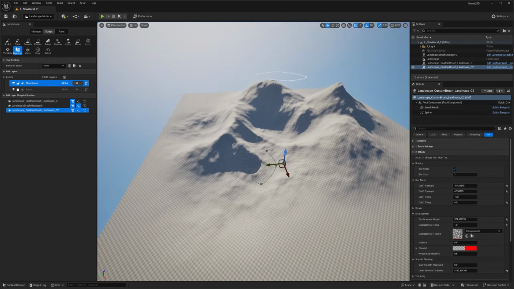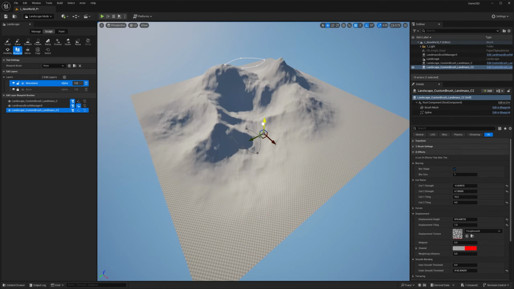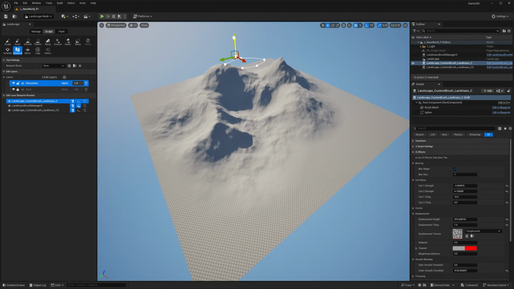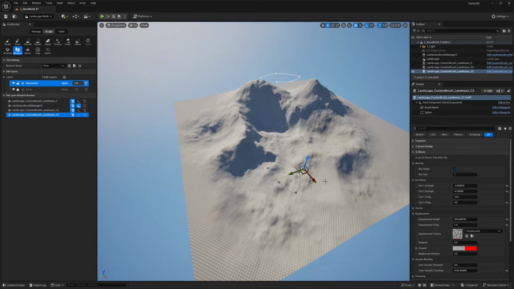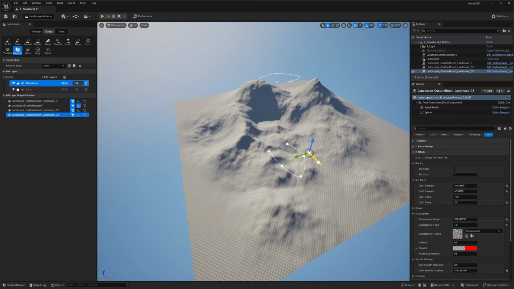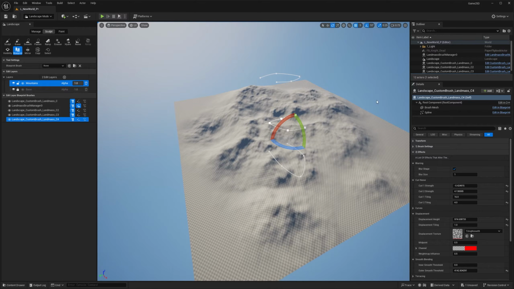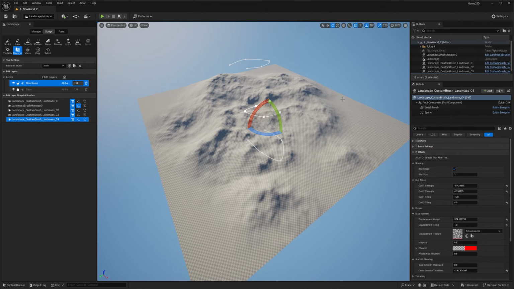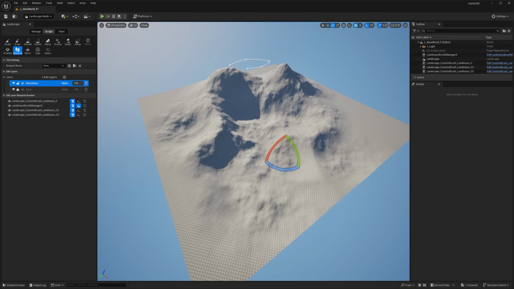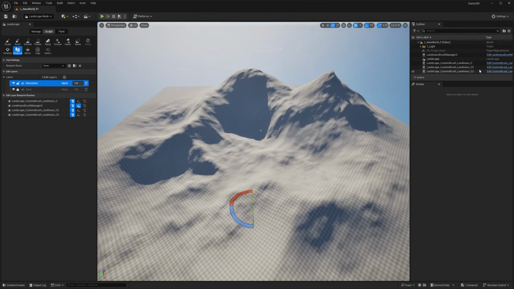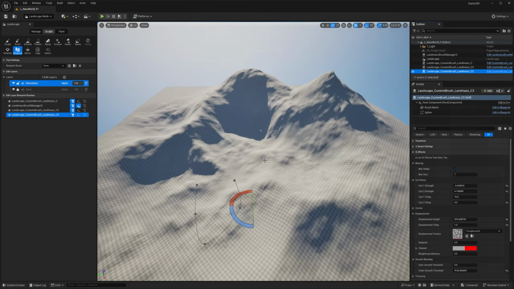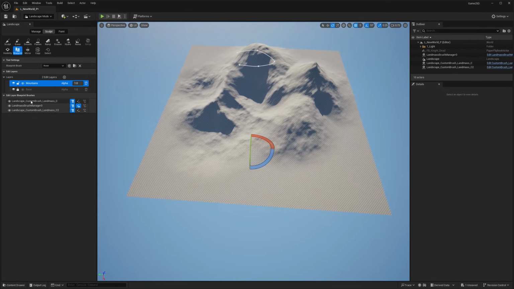Maybe it's a crater. I have a mountain and a crater. And you can continue to do this. Alt, click, and drag. Alt, click, and drag, rotate. You can do whatever you want. In this case, just the two that I had look cool enough for me. I actually like the crater effects that we created here by mistake. I'm going to delete this one. There you go. So we have two layers, and you can see here there's a stack that you can enable, disable to see what they're doing, which is pretty useful.